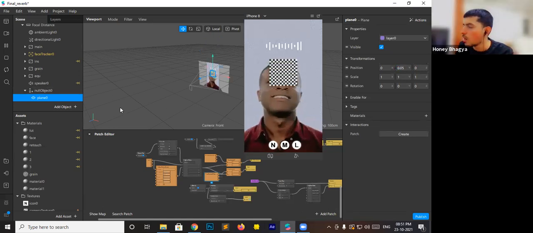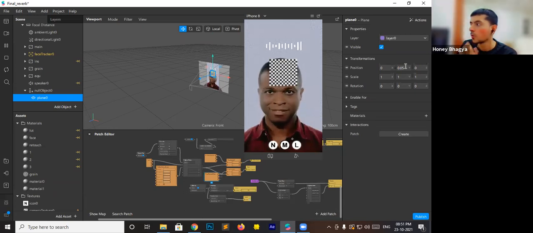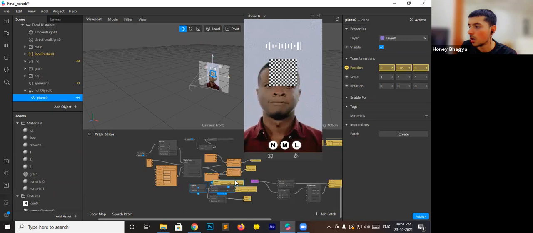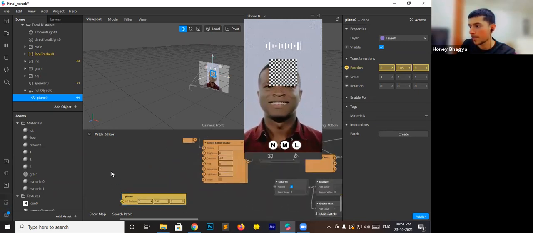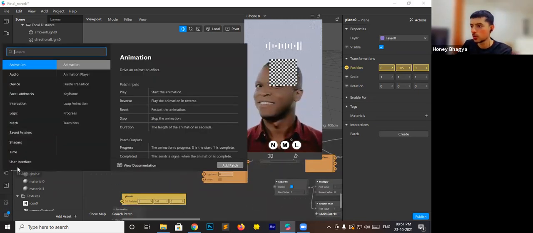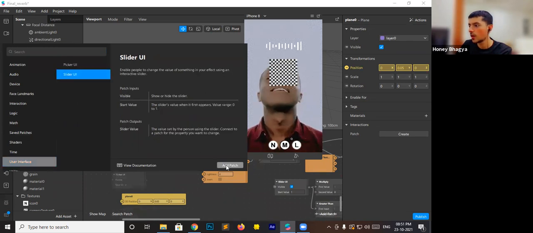Okay. Now, suppose this value is occupied by any other object or patch, suppose it is occupied by user interface, library UI, add patch.